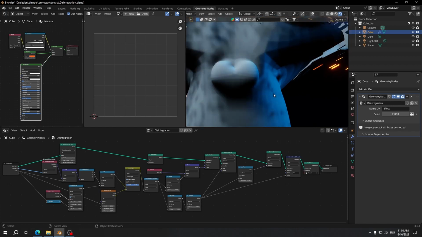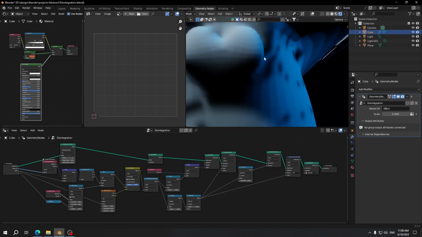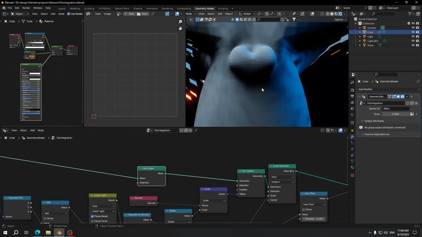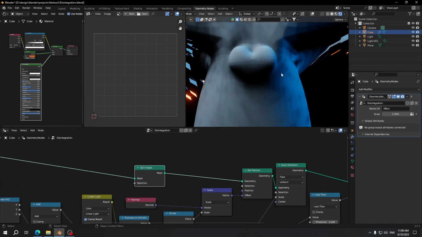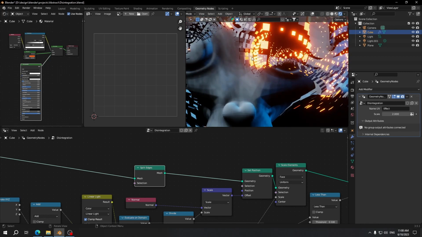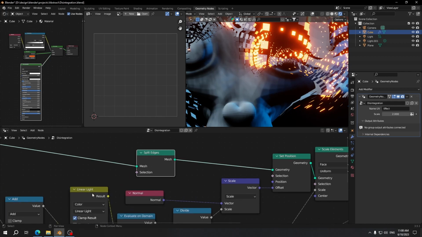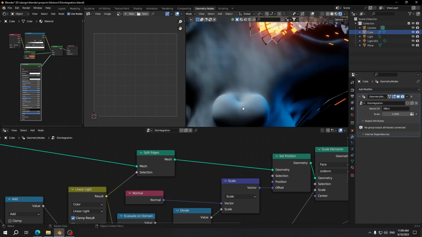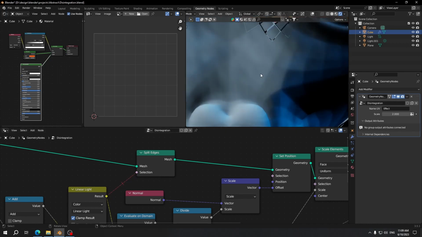I forgot to mention something. Here when you add the split edges, it will split the edges of the whole mesh. So we don't want that. We're gonna just only split the edges that will be affected with this effect. So I'll connect the output of this linear light into the selection here. So yeah, here we go. This squared edges has gone. So before, after,